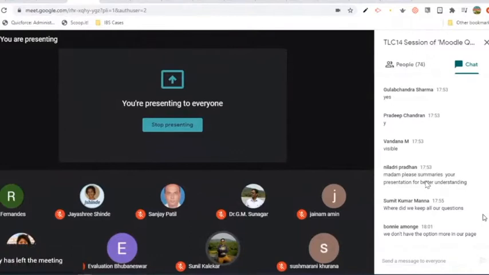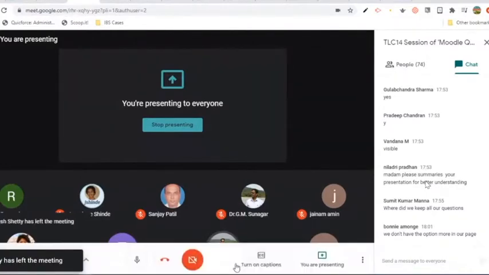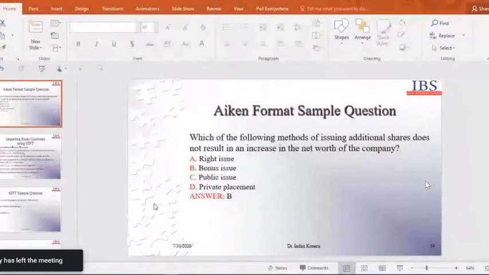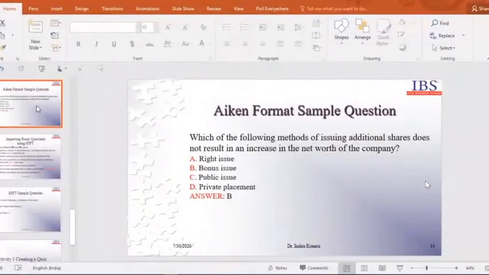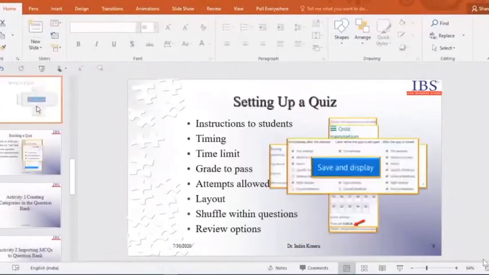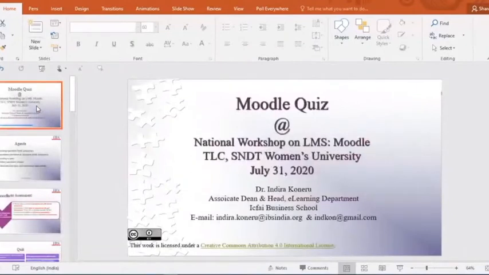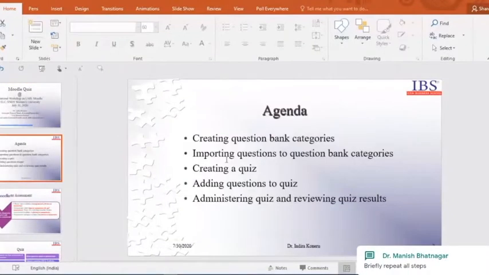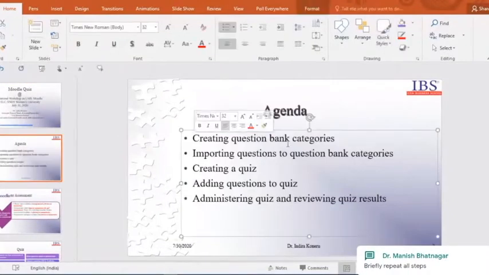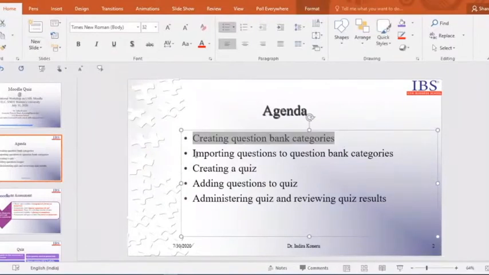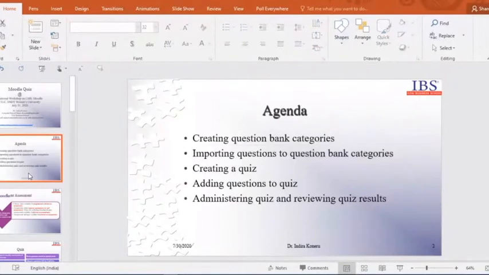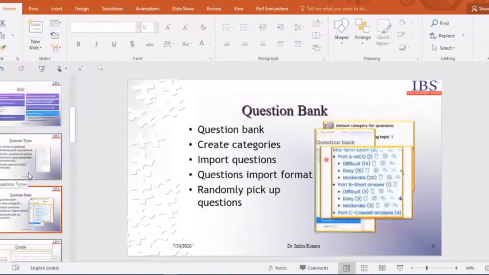presentation for better understanding. So what we did, as per the agenda, we wanted to create question bank categories in order to import questions into the question bank categories. For that, why did we use two different formats?